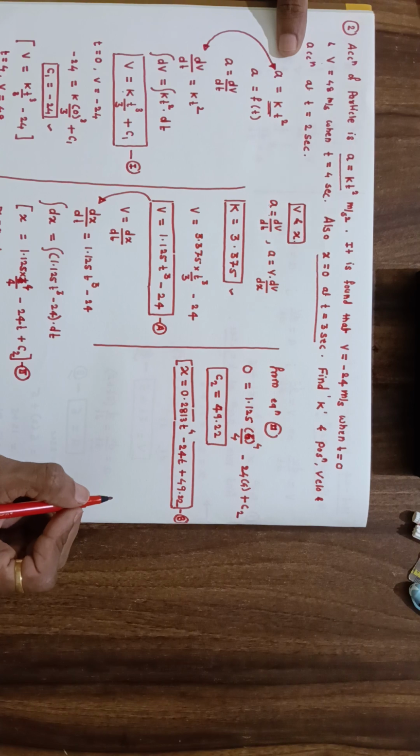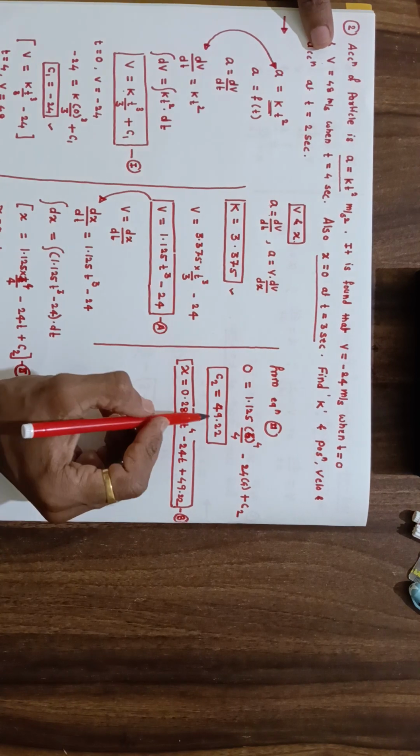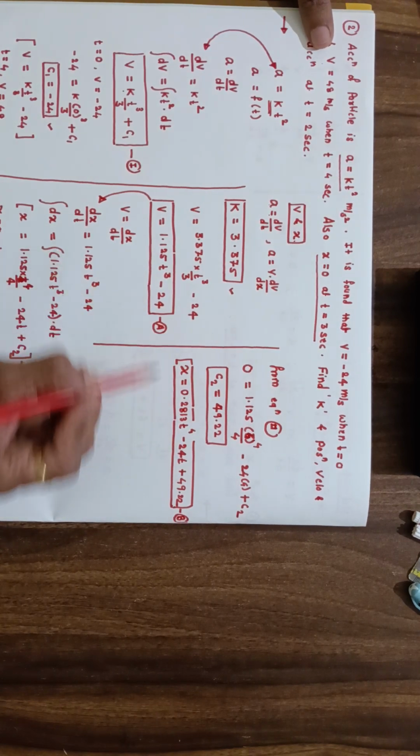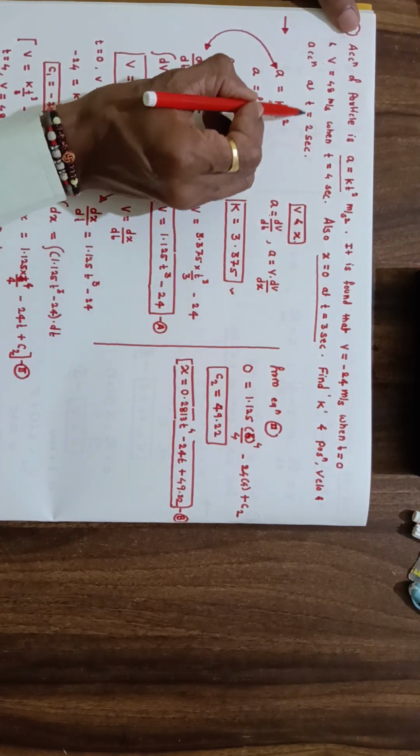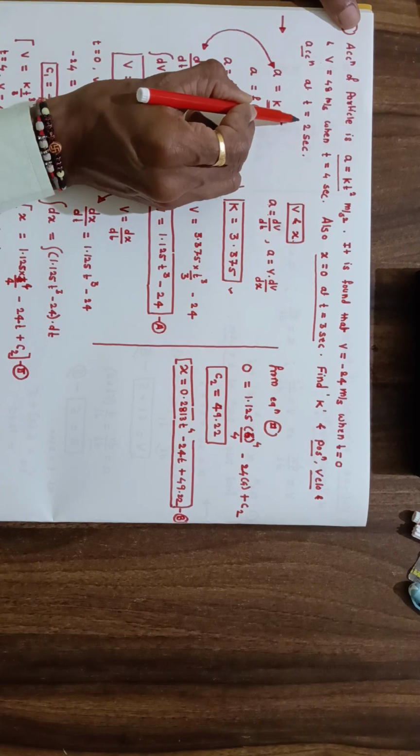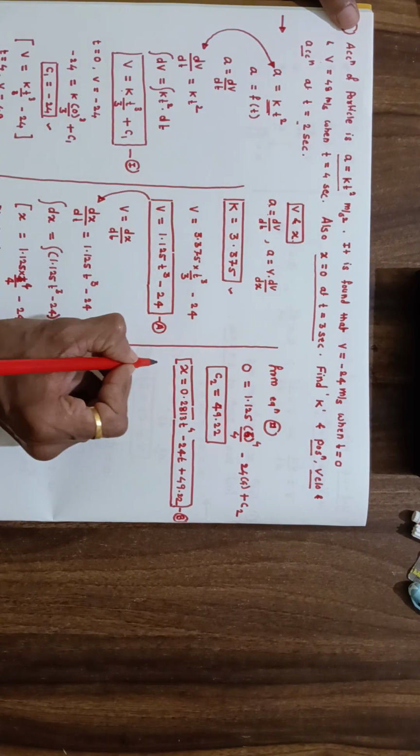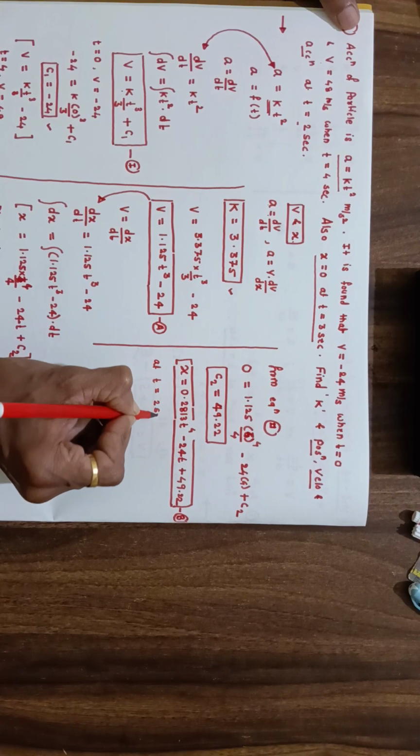One is the equation for acceleration, second is the equation for velocity, and the equation for position. Okay, now the question is we have to find out position, velocity and the acceleration at t equal to 2 seconds. So write at t equal to 2 seconds,